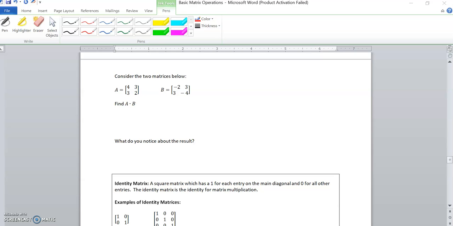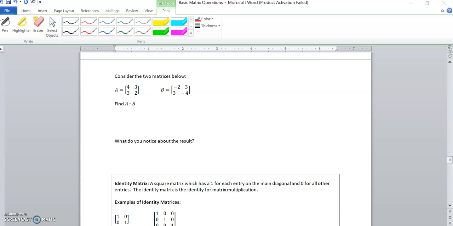For our final lesson within this first section of Unit 8 on matrices, we're looking at basically matrix inverses. There's a couple of components here. We've got identity matrices and reciprocals and inverses. So if we get started just right on that first page within our notes, the first question just asks us